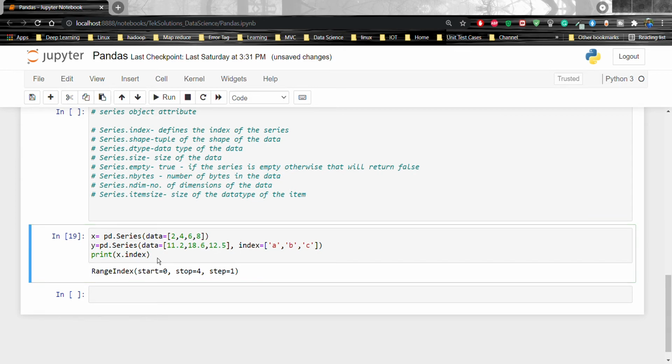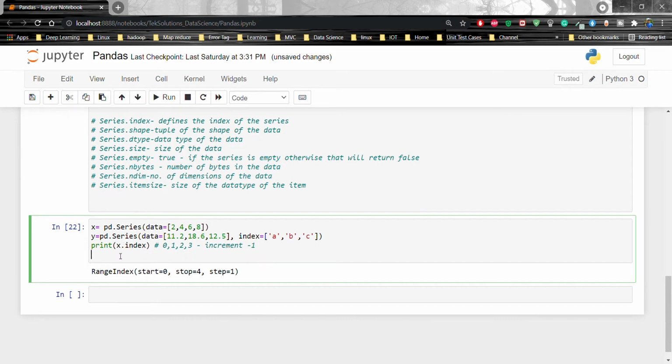So the index will be 0, 1, 2, 3, 4 is the stop, and step 1 means it is going to increment by 1.